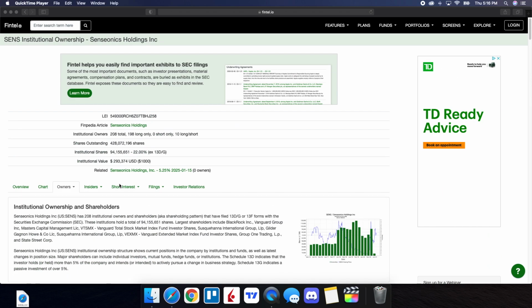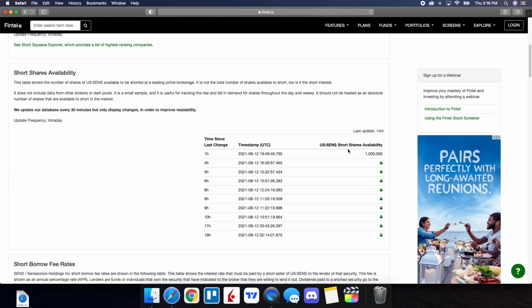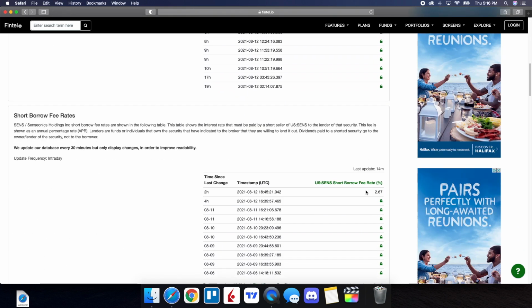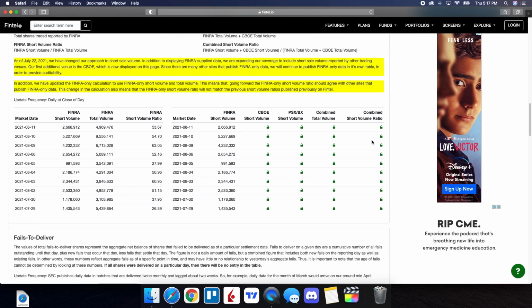So now when we take a look at the short interest information, we can see here scrolling down the page, the short shares availability is at 1 million, updated 14 minutes ago. And as far as for the short borrow fee rate, it is at 2.67%. Taking a look at the history of the short volume ratio, we could see here for the August the 11th close, it was at 53.67, and for the 10th, it was at